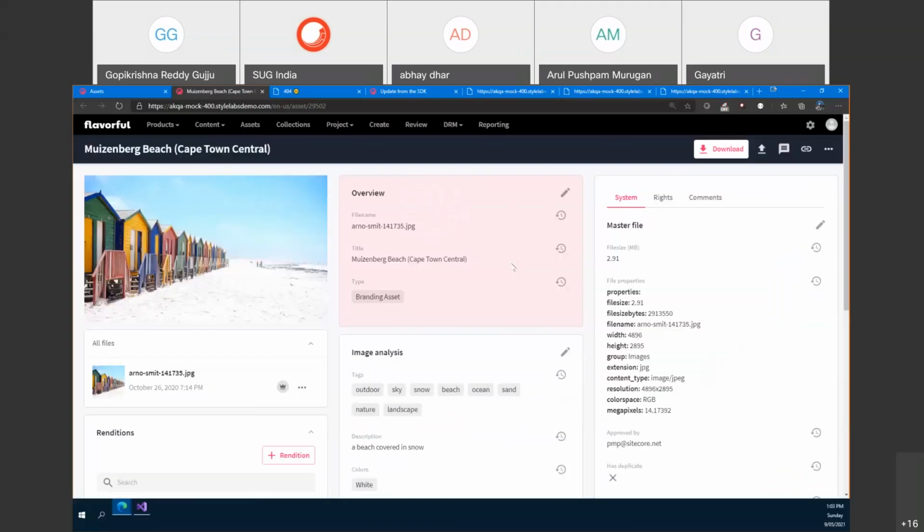Okay. Thank you. The next question is, how can we integrate Content Hub with Sitecore Experience Platform? Again, purposefully I omitted this for now because there are a ton of videos and blog posts on that. You just install a package in Sitecore, whether an XP or XM environment, and then whenever you are trying to select an image, it will open the Content Hub environment where you can select the images and add them. So that's how it would be done.